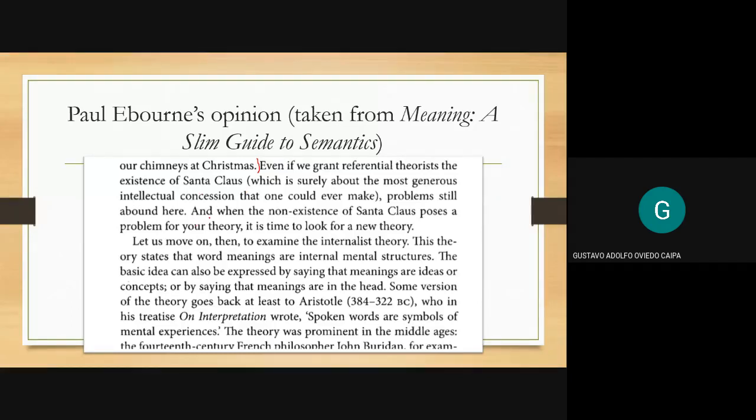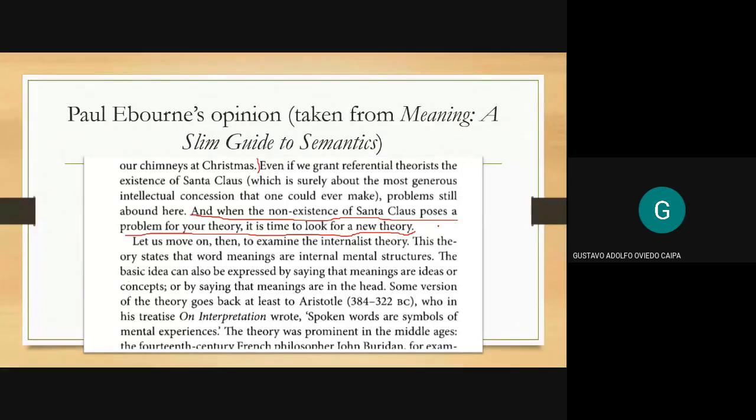When the non-existence of Santa Claus poses a problem for your theory, it is time to look for a new theory. So he's a little bit more aggressive with his opinion, a little bit more sarcastic,